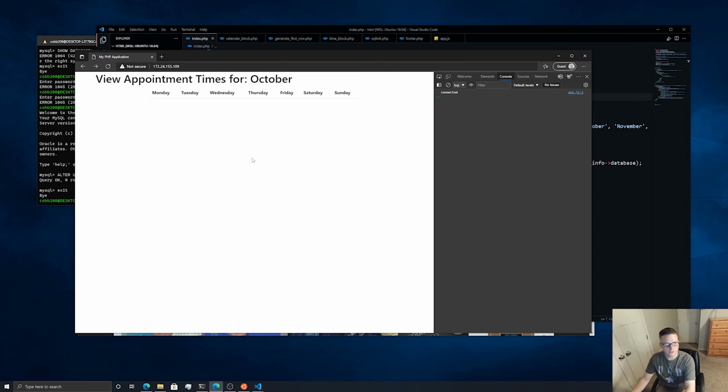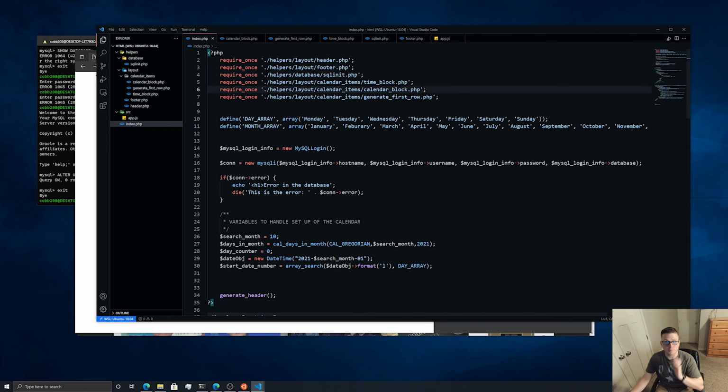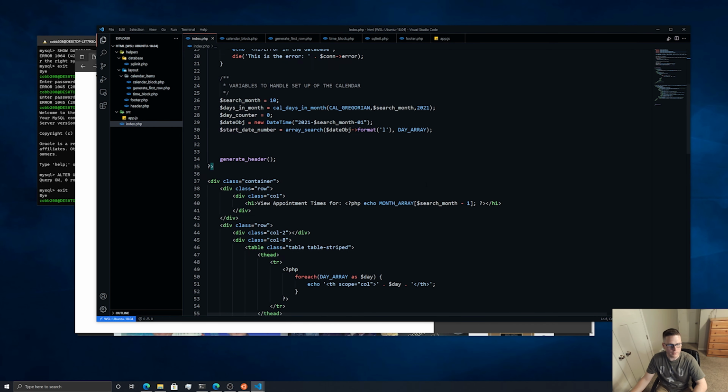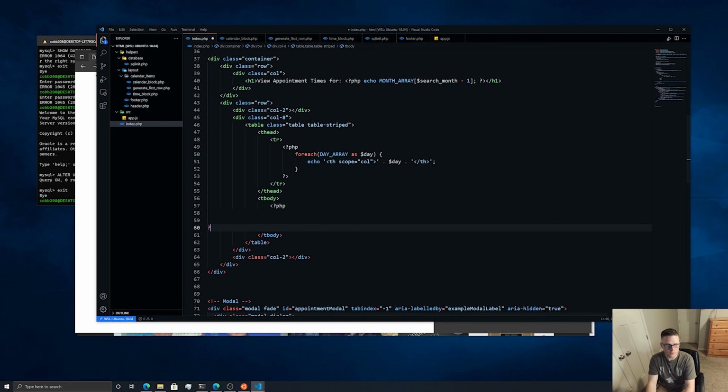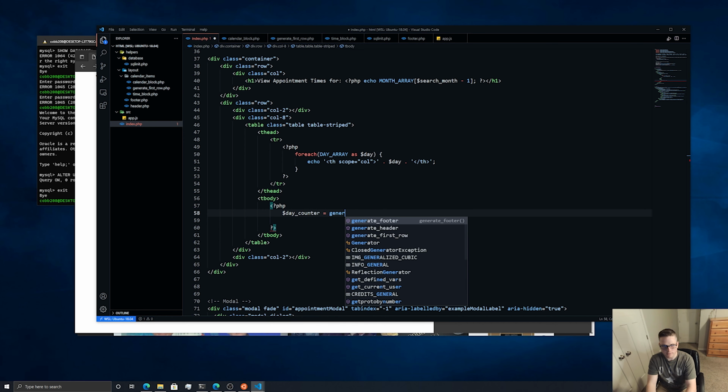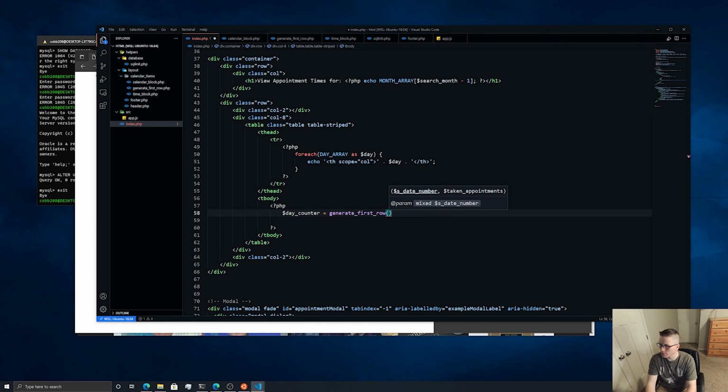We're going to open up the project, hit refresh a million times, make sure that importing these didn't break anything. We're going to go farther down here and jump into our PHP mode. For some reason, Visual Studio Code is not happy with PHP. When you enter it, it throws the tabs off. We're going to generate the first row, give it the start day number,